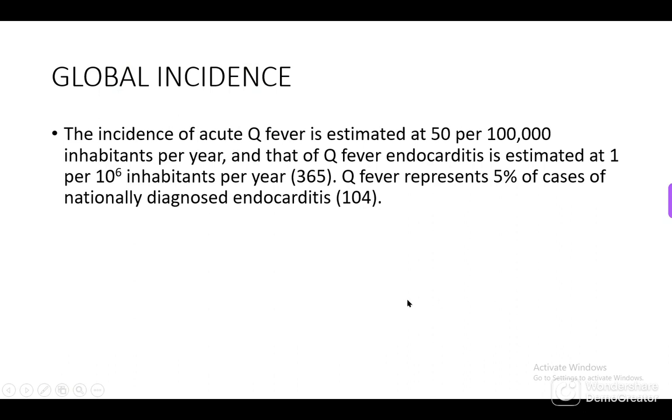And the global incidence is estimated at about 50 per 100,000 inhabitants per year. It is about 2000, research of 2017-18. Q fever endocarditis is estimated at 1 per 10 raised to the power 6 inhabitants per year, as a whole. And Q fever represents in these participants about 5% of the cases of nationally diagnosed endocarditis,